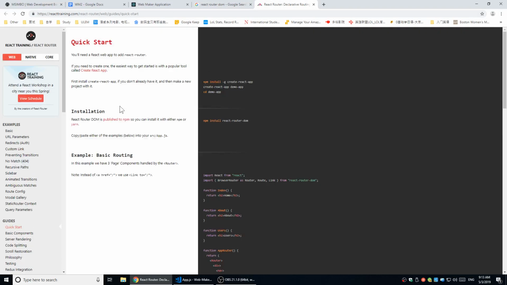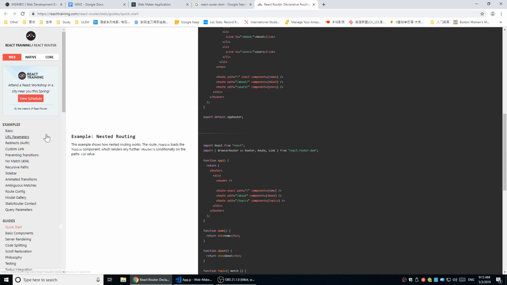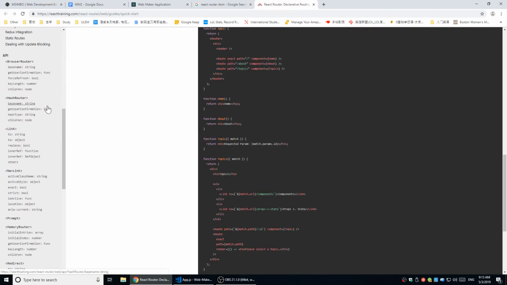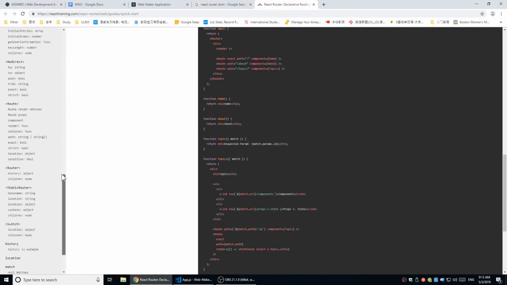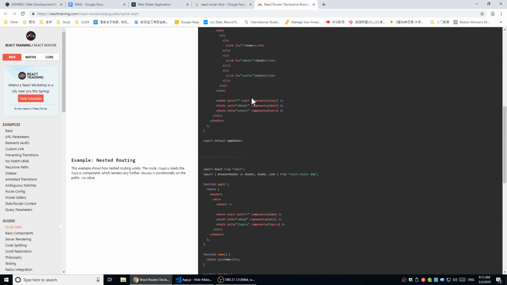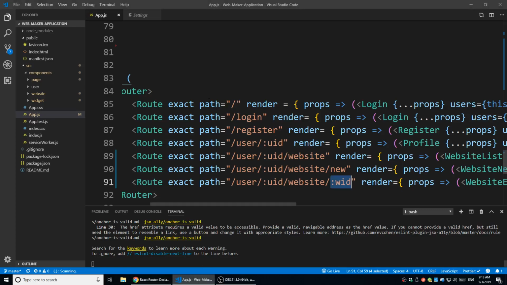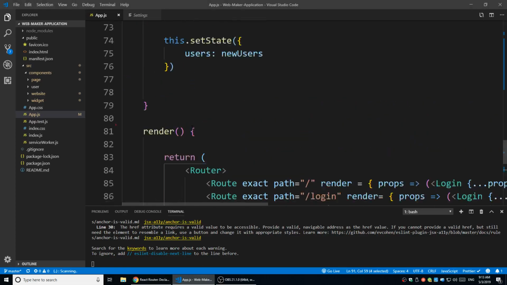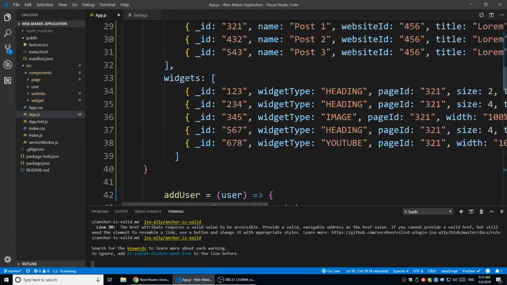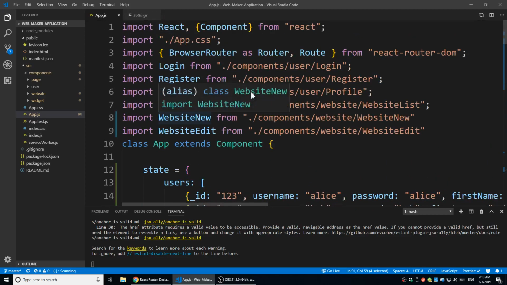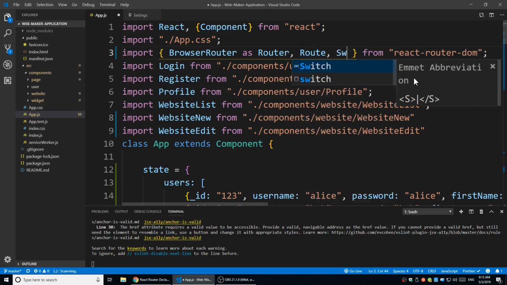Yeah, this is their website, and I checked the documentation, as I mentioned. Right, let's just read through everything so we fully understand it. They also provided some examples here. All right, so to fix it, we're going to import a class from React Router DOM. It's called Switch. After Route, we're going to import a Switch tag,